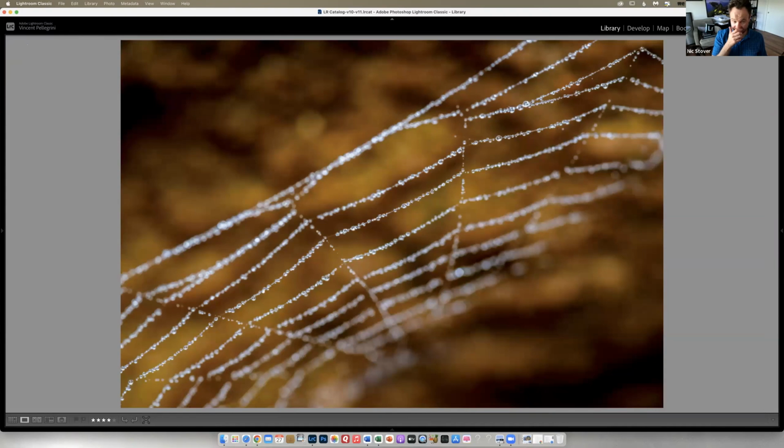Another nice image here. A lot of good iterations on the theme of water. Really good job on the droplets. Really good job having this particular thing within focus. I like the choice of the crop. I like the choice of the angle as well. It's not a traditional straight across. It goes on a bit of an angle, creates a lot of lines and separation within the